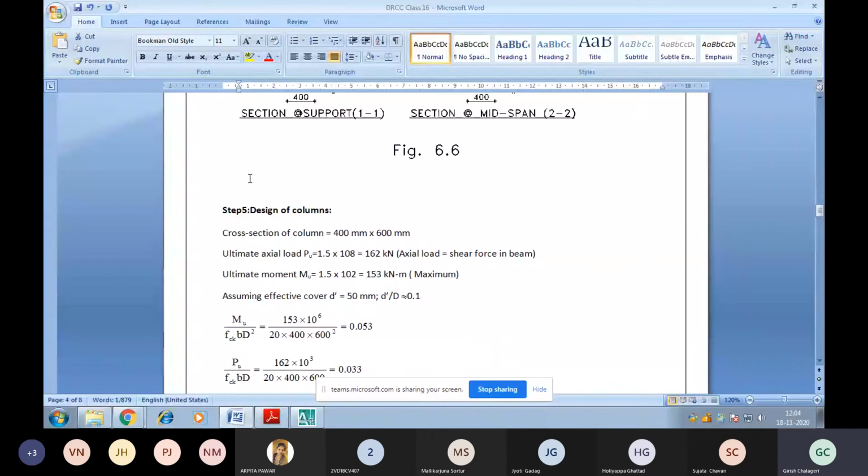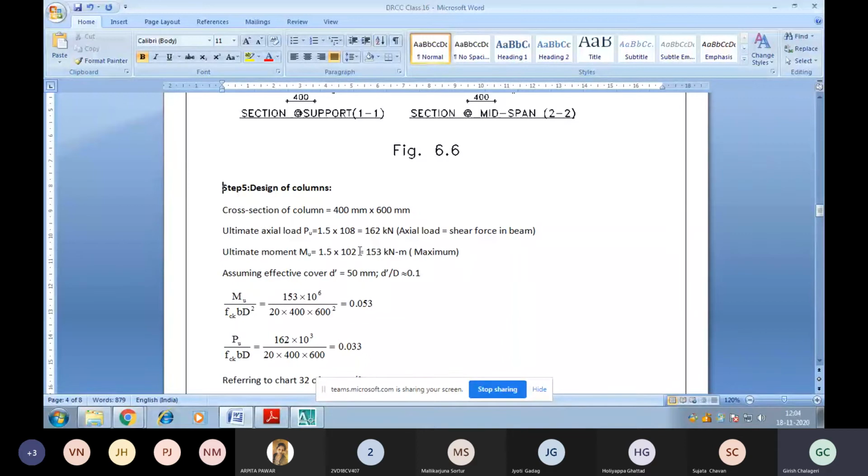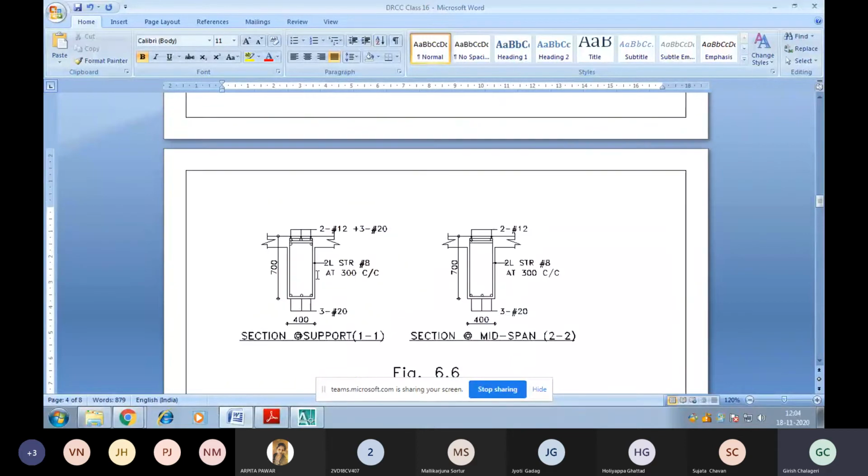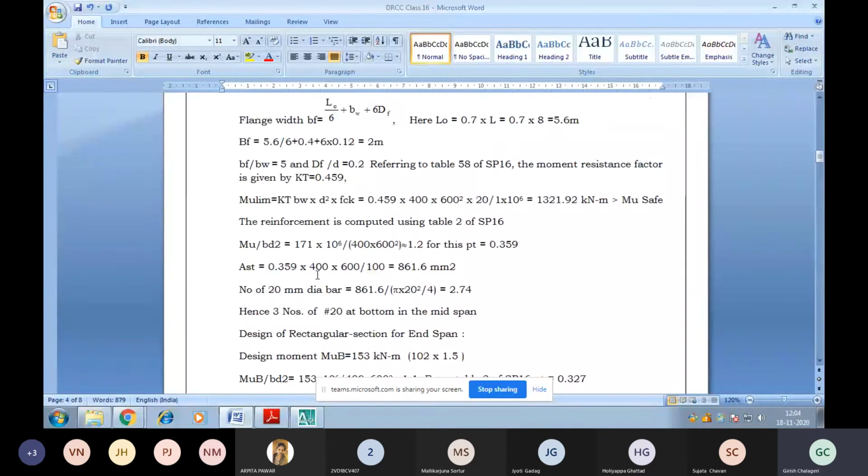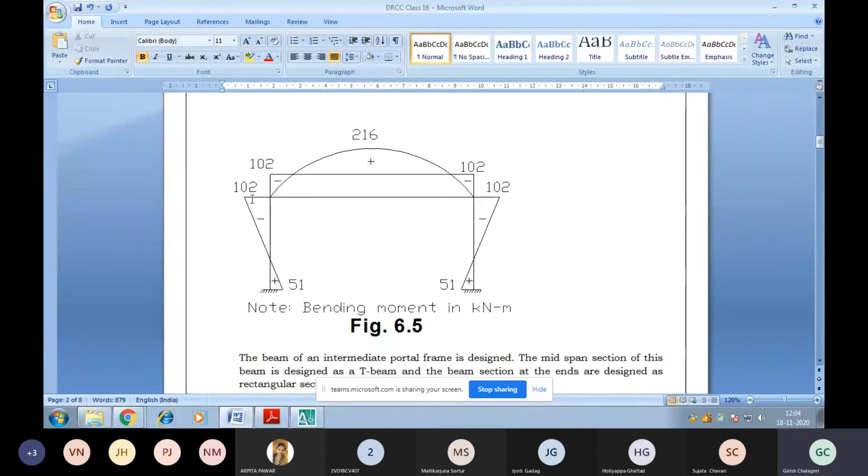Next step is coming over to the design of the columns. For the column, what are the loads? As I told, for the column we can go with the same diagram. The moment at the column point is 1 or 2. But what will be the vertical load? The vertical load is nothing but the shear force at joint B or joint C. So the shear force at joint B will be WL by 2. What is W here? 27, that is the load at the beam, into 8 by 2.